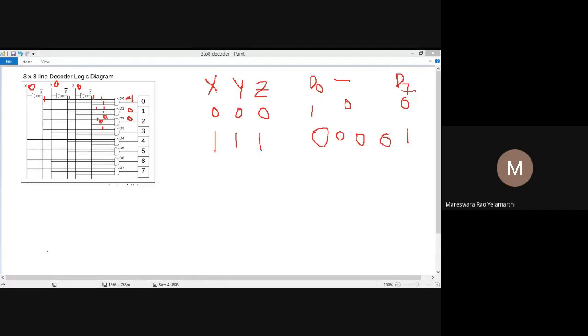Till now, is it clear? Venkata Karthika, others also, please. Okay, clear. Then no problem.